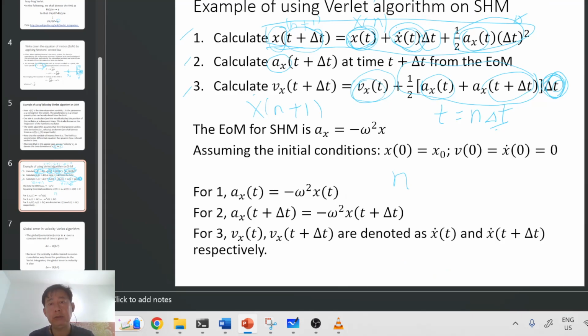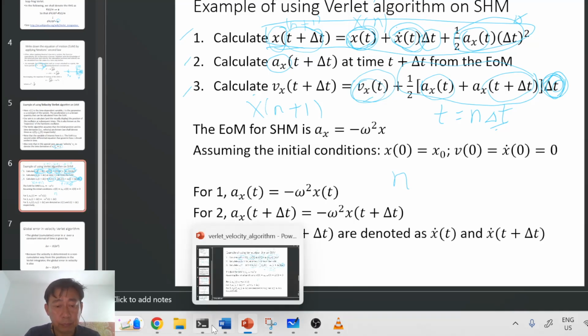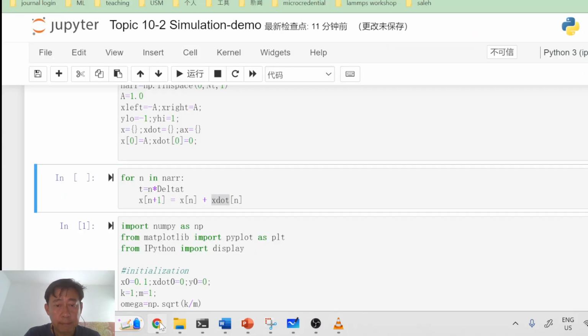It is necessarily understood to be also the velocity of the particles along the x direction. Then this is the product of the velocity multiplied with delta t, and then you add it with